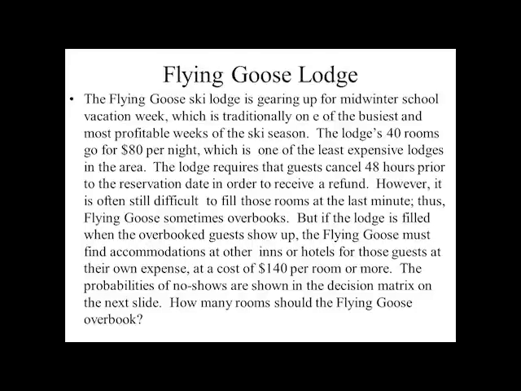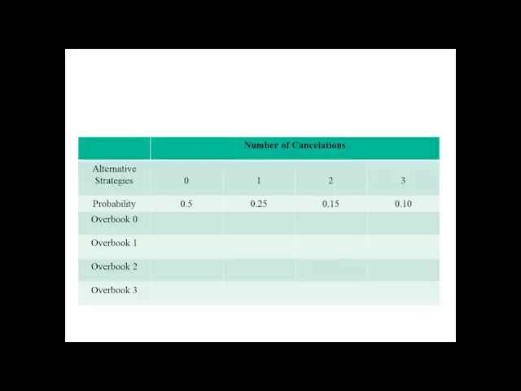It will cost us $140 to outsource. And we're going to assume for the purpose of this problem that they are calling to cancel in time. Because if they don't cancel in time, they still have to pay you the $80. We want to assume that they have canceled in time. So using these assumptions, let's go to our decision matrix